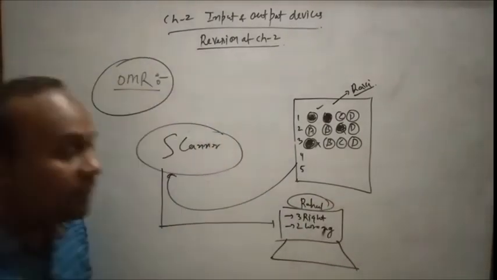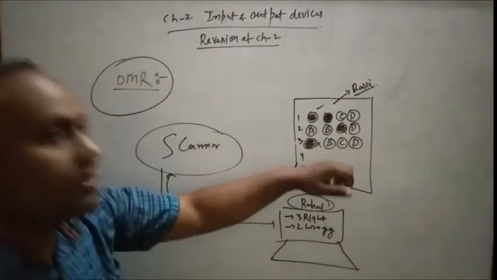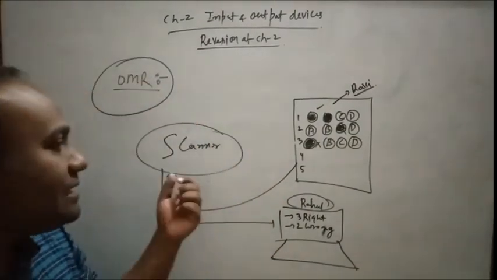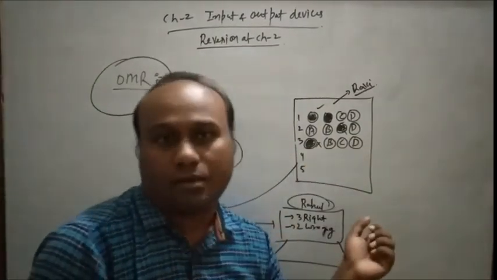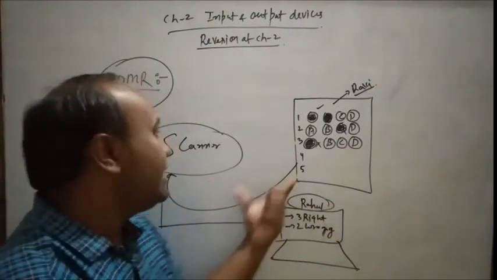On the basis of this, the optical mark reader will work directly. It will scan the complete document and after that display the result directly. So it is much easier work for the examiners. Okay, they can easily check the copies within seconds. Okay, so this is the simple example of